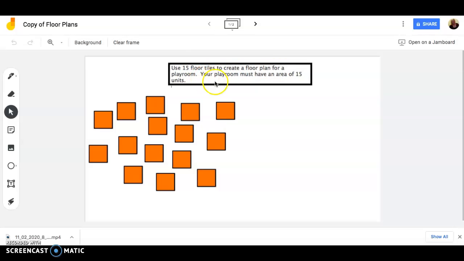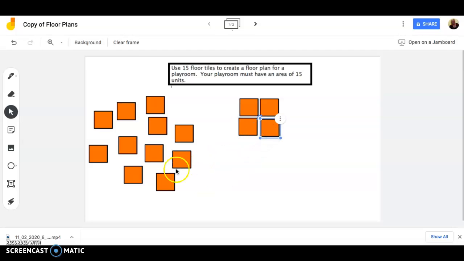for a playroom. Your playroom must have an area of 15 units. So you can move these squares around and create a floor plan, whatever your playroom is going to look like. Okay? Maybe you'll make it in a square, maybe you'll make it in a rectangle, maybe you'll make it in